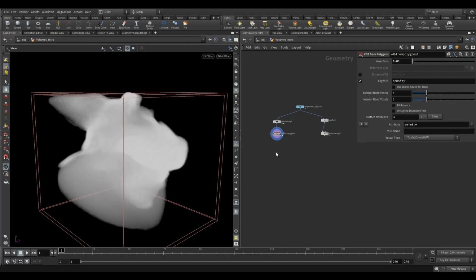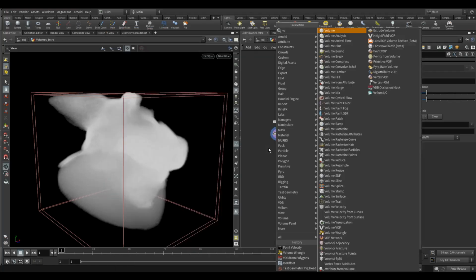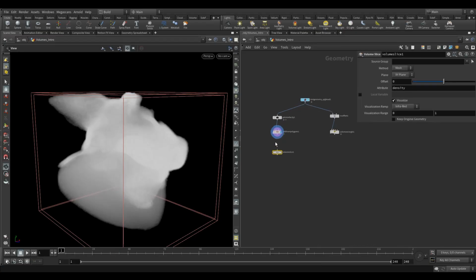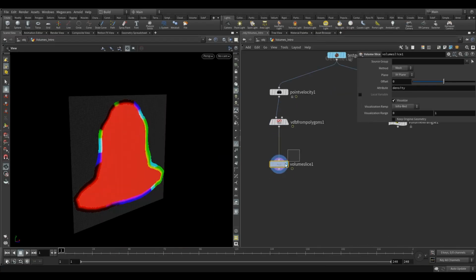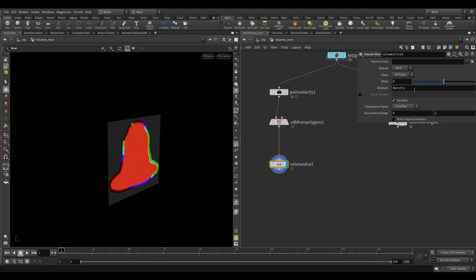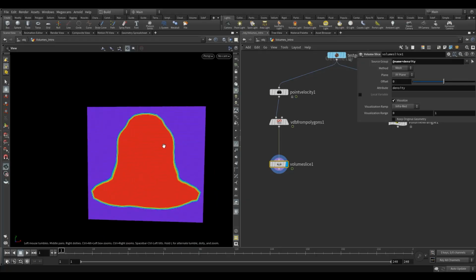First of all, if we use a volume slice, connect that up down here. That's taking a slice through the geometry and looking at the density in this case. We can specify that's just the density there. But if we take the velocity,